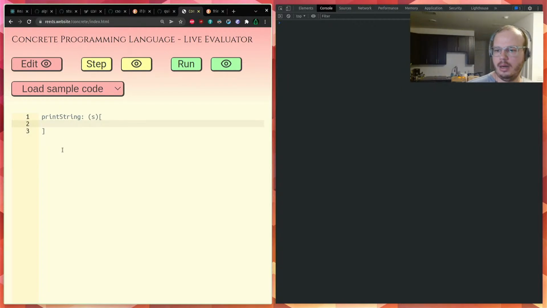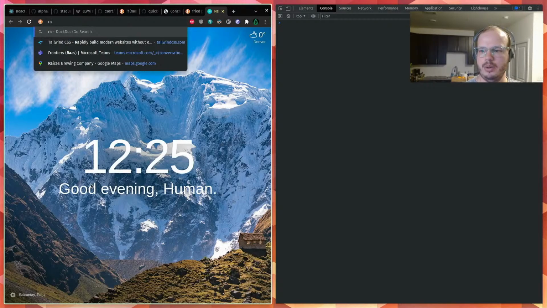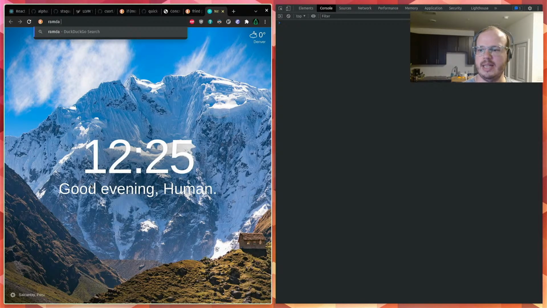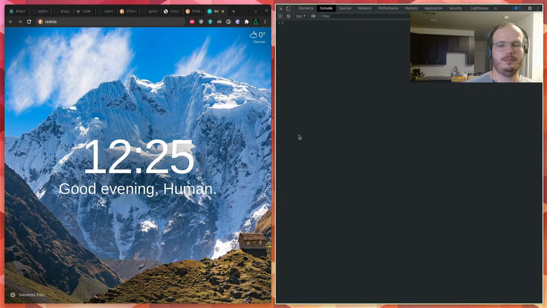R dot underscore underscore. I don't think I know Ramda's R dot underscore underscore. Is that just the last thing that Ramda calculated? Kind of like this thing in other languages. I don't know if this works. Yeah, it does in the JavaScript console.